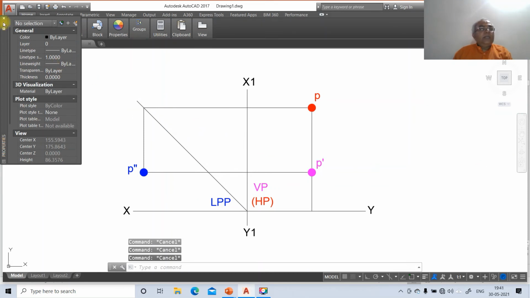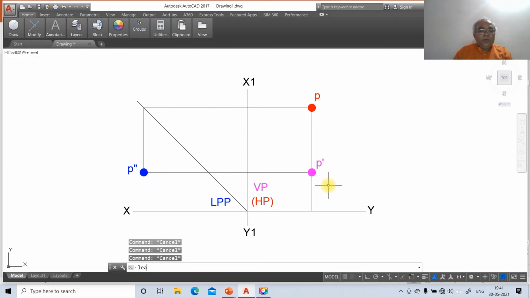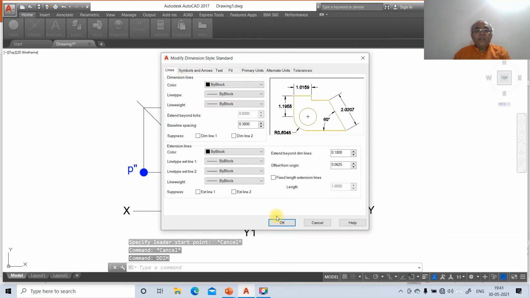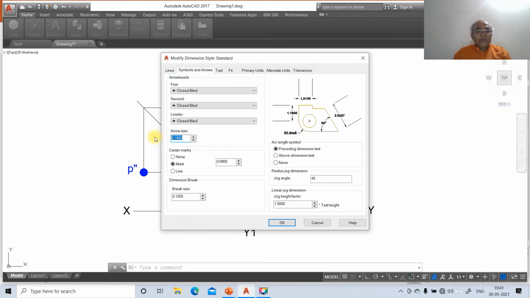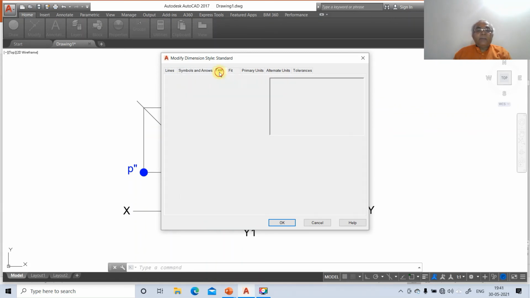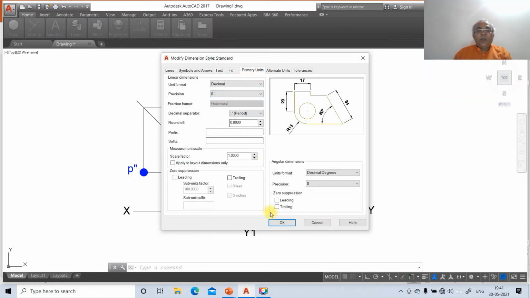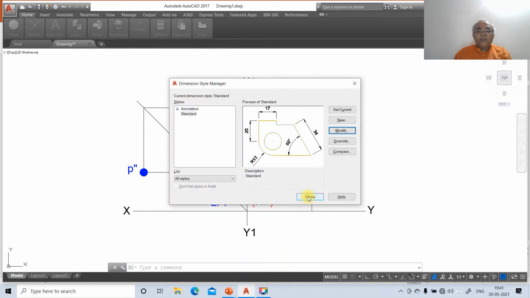Then we need to change the leader now. So go to leader, first we go for DDIM. So go to modify, go to lines, take the offset from the origin as 2, go to symbols and arrows, take the arrow size as 3, and then go to text. The text height and the arrow size both have to be equal. Then vertical center becomes above, then offset from the dimension line you make it as 2, then align with the dimension line, and go to primary units, make this as 0 as the linear dimension, and say OK and say close.